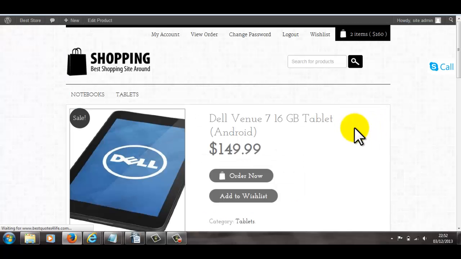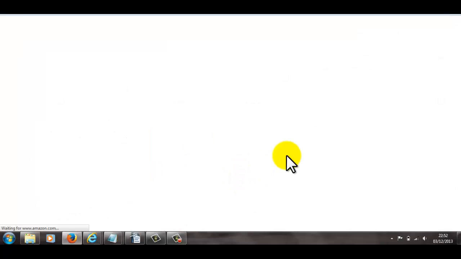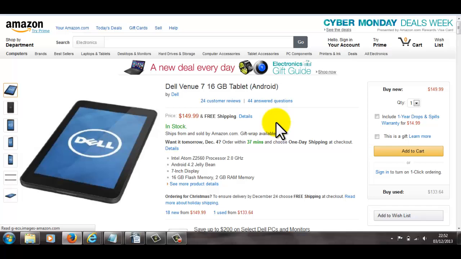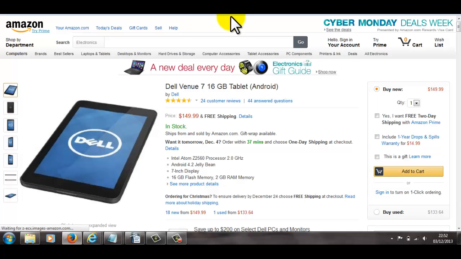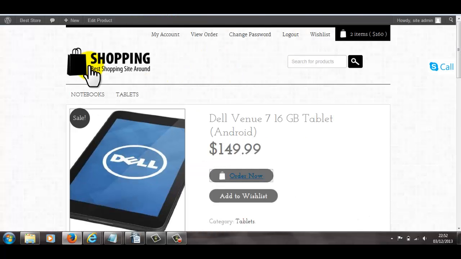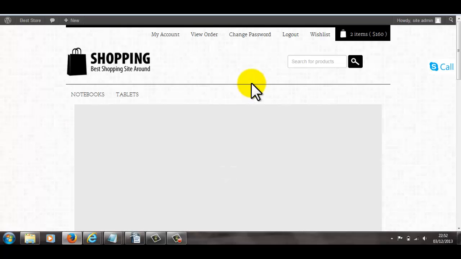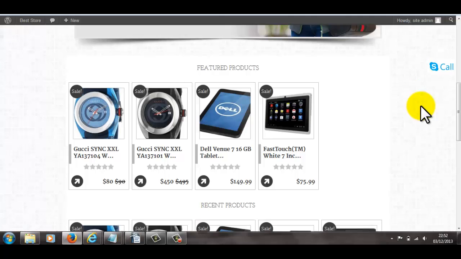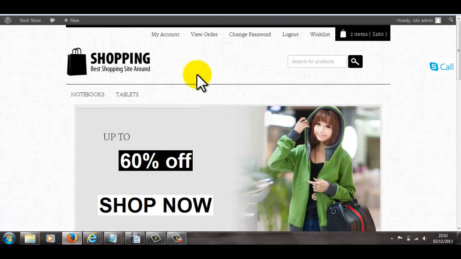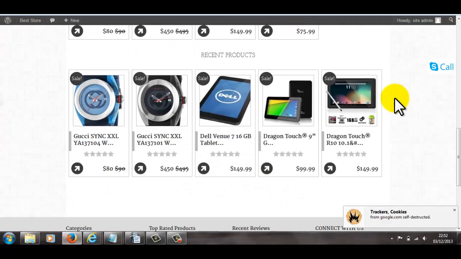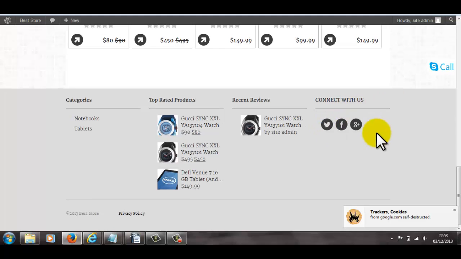So instead of taking the customer to the cart, what it'll do is it'll just take the customer straight over to Amazon, and they can purchase the product from Amazon, and Amazon deals with the shipping and all that stuff, and then you get paid a commission for referring that customer. So that's the back end there. So it's really simple, easy to use,